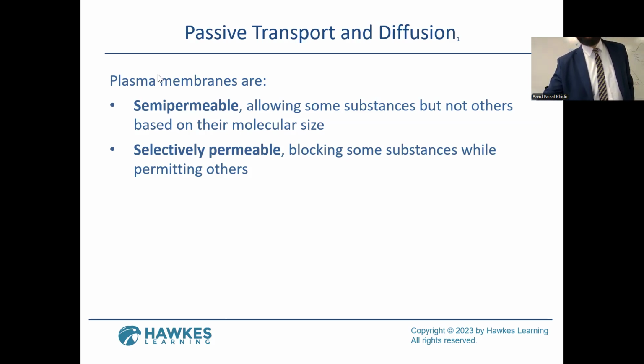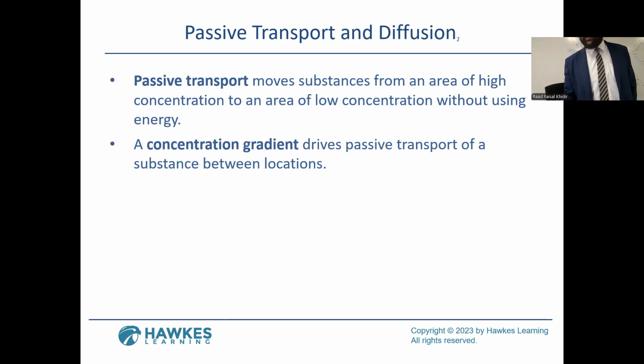What's the difference between passive transport and diffusion? Passive transport moves a substance from an area of high concentration to an area of low concentration. And a concentration gradient drives passive transport of a substance between the locations. So what does that mean? If we look at passive transport and diffusion,